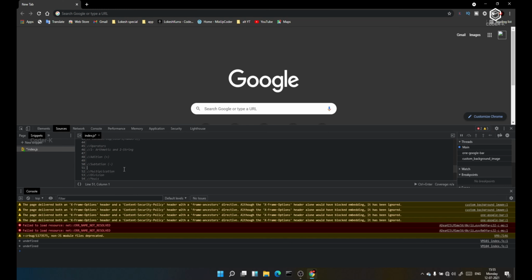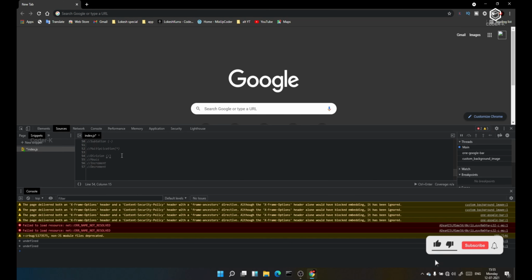But in real life we use the cross sign for multiplication, while in programming we use the star symbol for multiplication. And for division, we use the slash symbol.